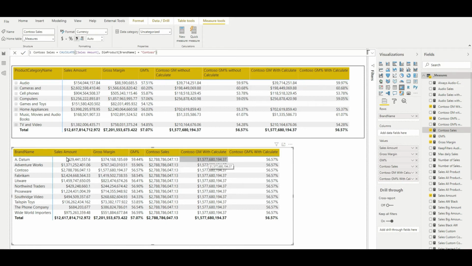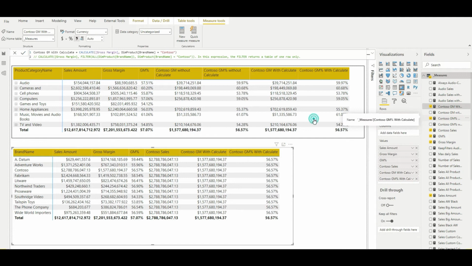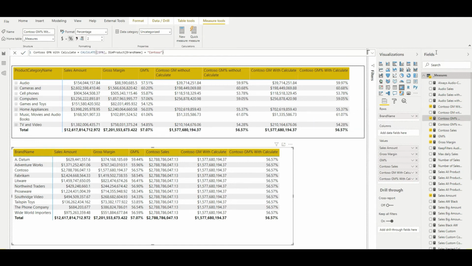Similarly, you have the Contoso gross margin with calculate, which we already discussed. Let me also show you this measure again. Contoso gross margin with calculate, again a simple one, gross margin with brand name equal to Contoso, and then the gross margin percentage with calculate. Again a simple one, you calculate the gross margin percentage and pass the argument. And what is the gross margin?